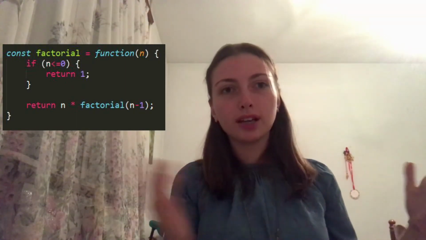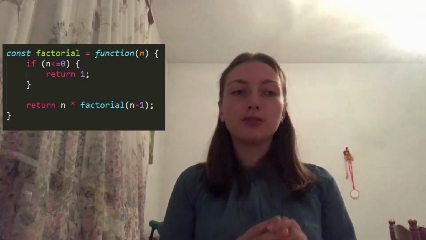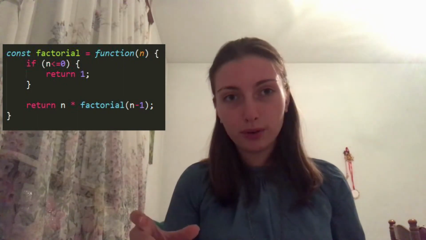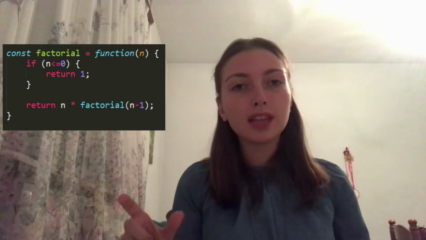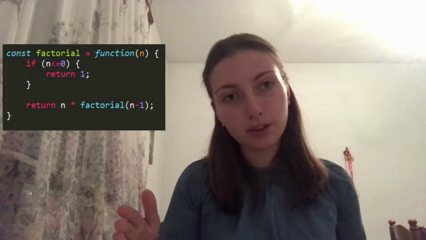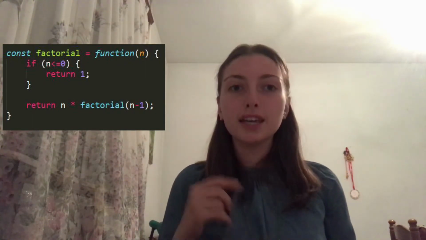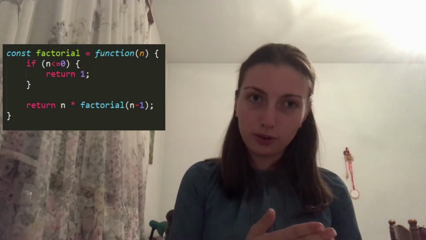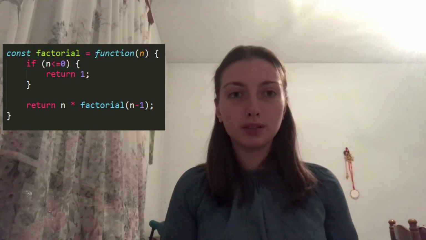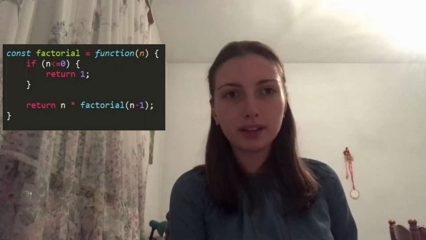The number that is going down continuously should never be 0. So if it is equal to or smaller than 0, because we don't want to count the factorial of negative numbers, since it's not mathematical,